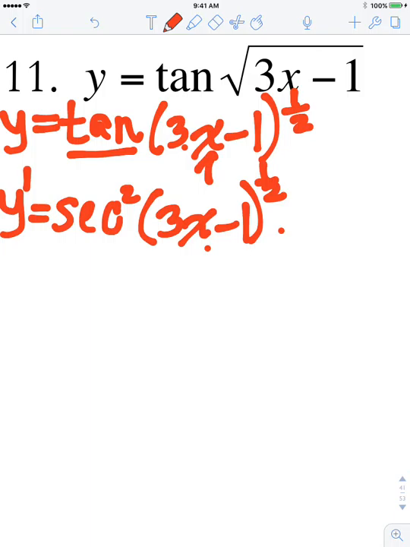So the derivative of what's inside here, I'm using the chain rule for that. I'm not going to be able to fit that all in one. Let me see if I can flip my iPad so it'll